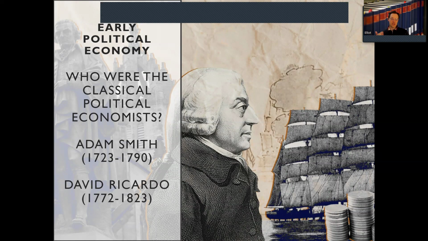So the classical political economists went beyond the physiocrats by looking in more detail at where value came from. Keep in mind, both Adam Smith and David Ricardo were based in the United Kingdom, and the United Kingdom had a much more developed manufacturing sector. So when they looked at how society created value, that is where they started to look first. So it wasn't just in agriculture by itself, but they looked at society more broadly.